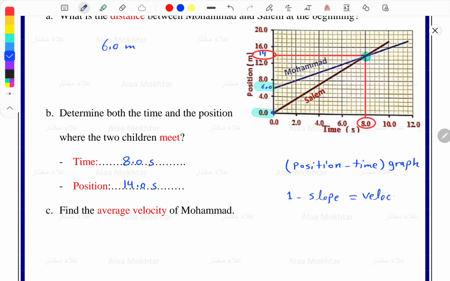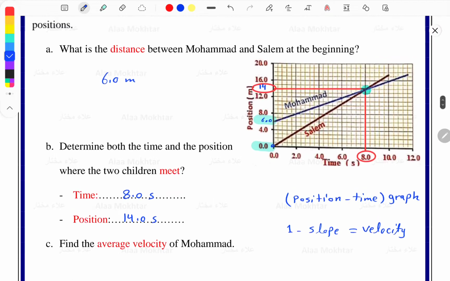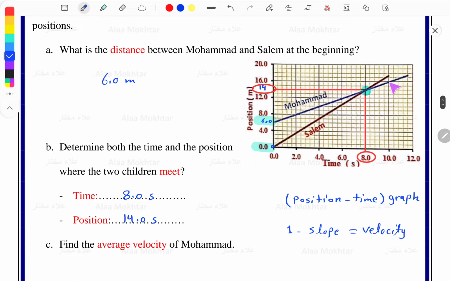Velocity. Exactly. Slope equal velocity. So if I need to get average velocity for Muhammad, I take 2 points in Muhammad's line like this. I take these 2 points. This point, it's clear, this point 10